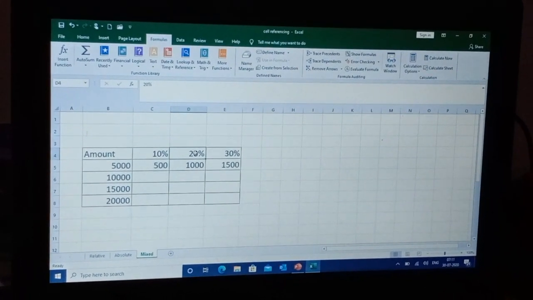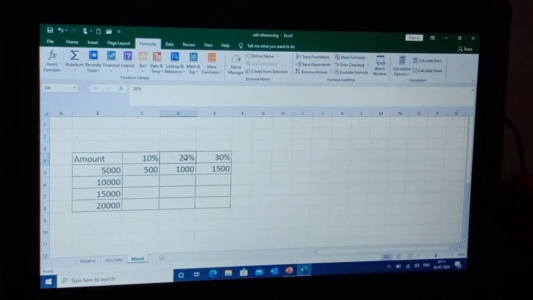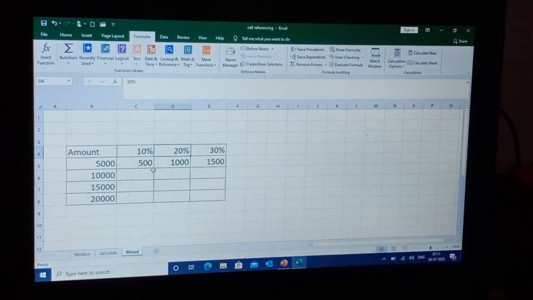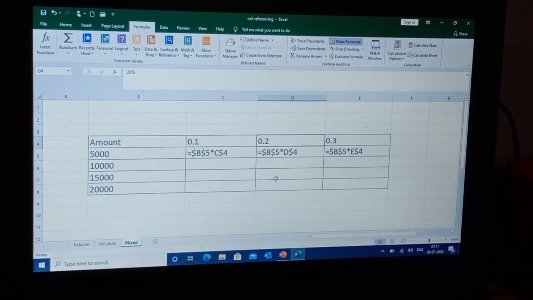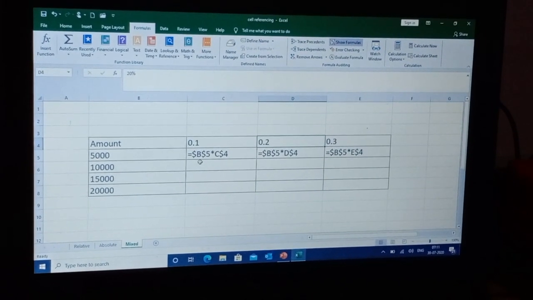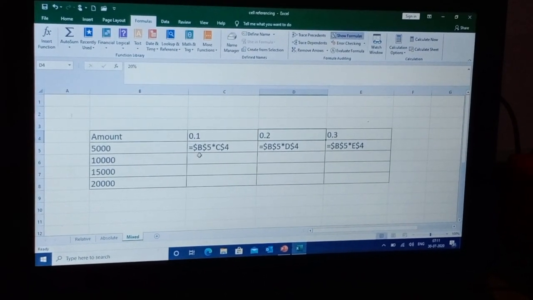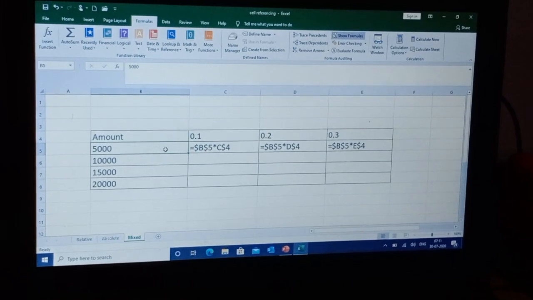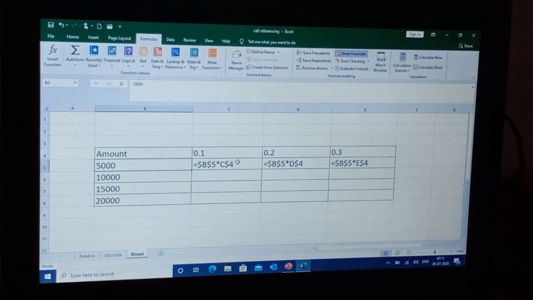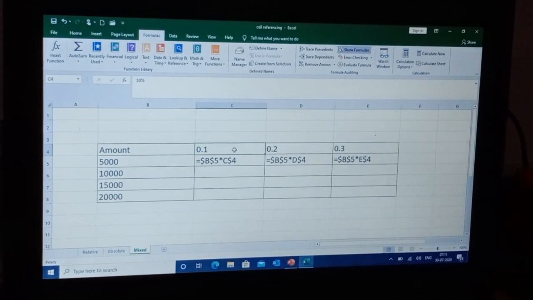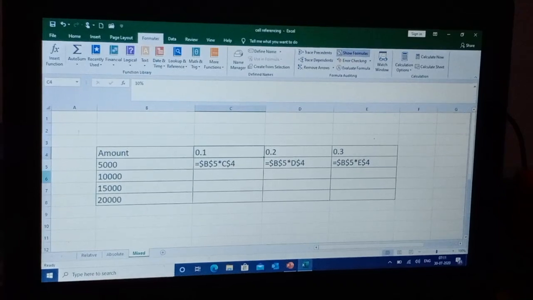So in that case, we will keep the row fixed and the column we will change. I'll show you the formula used here. You can see here I've used the formula $B$5. This amount I have kept fixed everywhere, and for the columns C, D and E, the row is common.